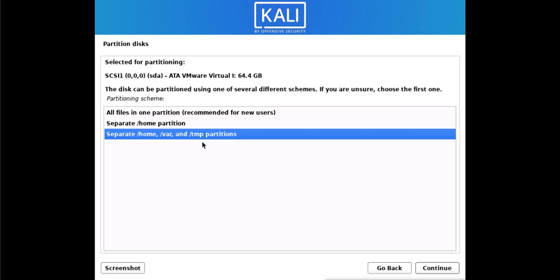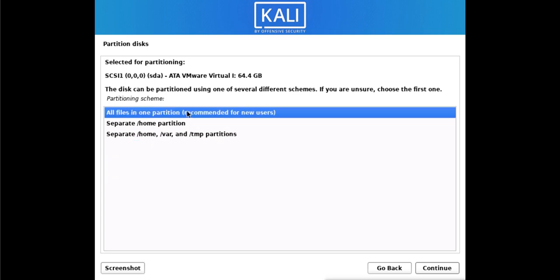If you wanted to use this system as a Linux server, you could do that, but now we don't want to use it as a server, we actually want to use it for the hacking tools. So what we are going to do, we are just going to use this recommended option and install everything on a single partition. That means it is going to create only slash, no other partitions.